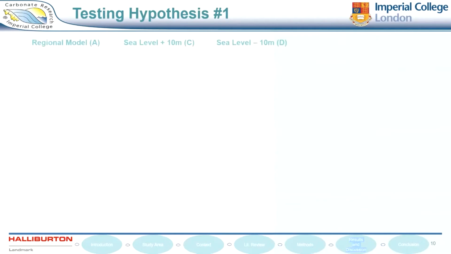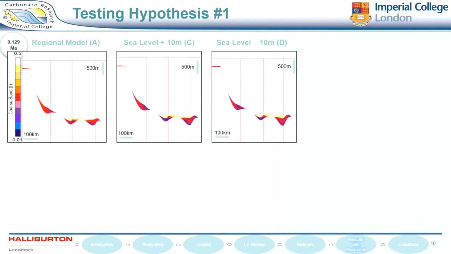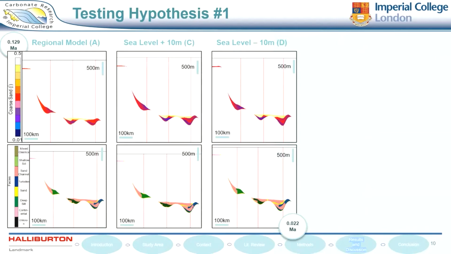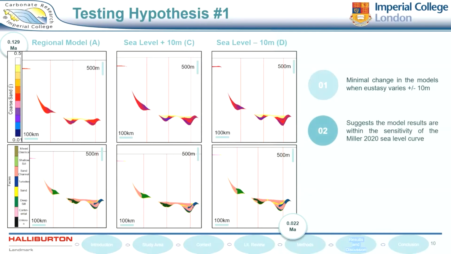Testing hypothesis 1, which is the impact of eustatic sea level on MTDs within Basin 4. You can see that between the early falling stage and the maximum lowstand, there's really not much difference between all the 3 basins, the geometries, the facies and the core sand percentage. This tells us that there is minimal change in the models when eustatic sea level varies plus or minus 10 metres. Therefore, this suggests these results are within the sensitivity of the Miller 2020 sea level curve,